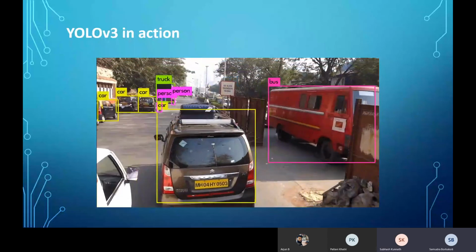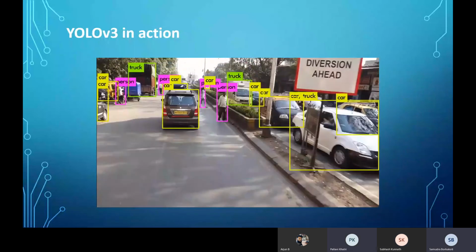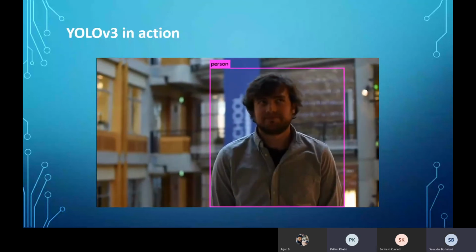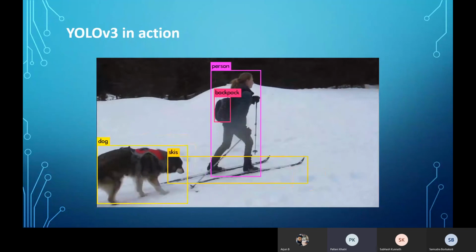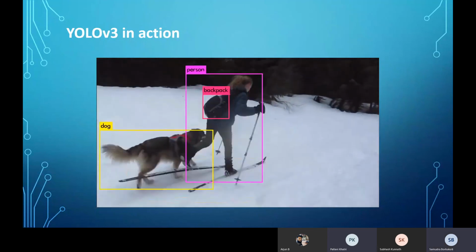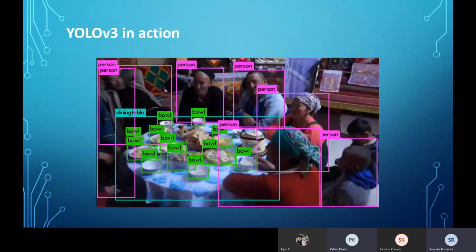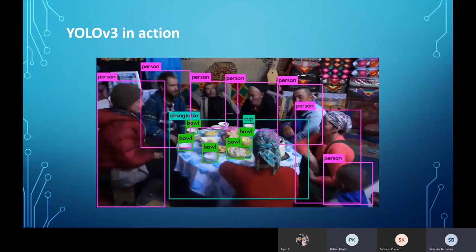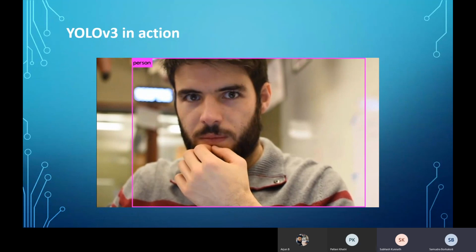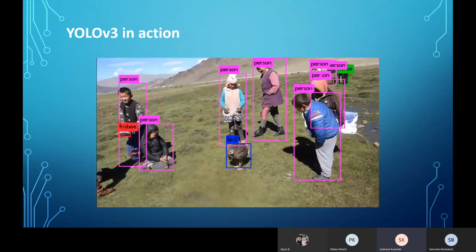There is a YOLO V3 tiny, we will have to see what it is. And one more question: as the name suggests, you look only once, so is it that the model sees a picture a single time and it's working, or is it because of the speed? It's the speed, I think. It doesn't take too long. You process one frame, not the image multiple times. It detects in one go.